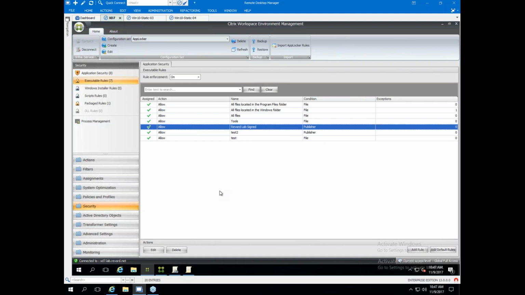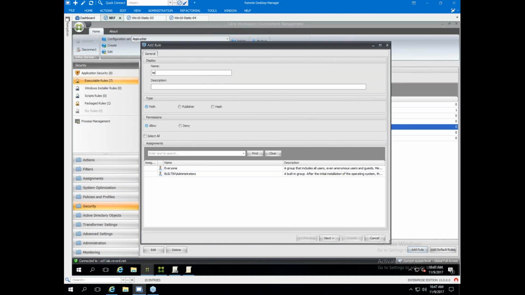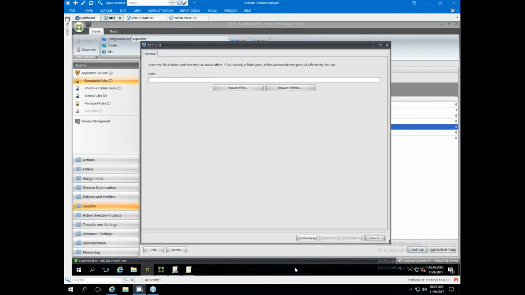Back to the feature request piece, right? But the original point we're going to make is if I add a rule here, and I'm just going to make a fake rule that won't work. We'll go with pass. We'll apply it to everyone. One question that I want to point out there.